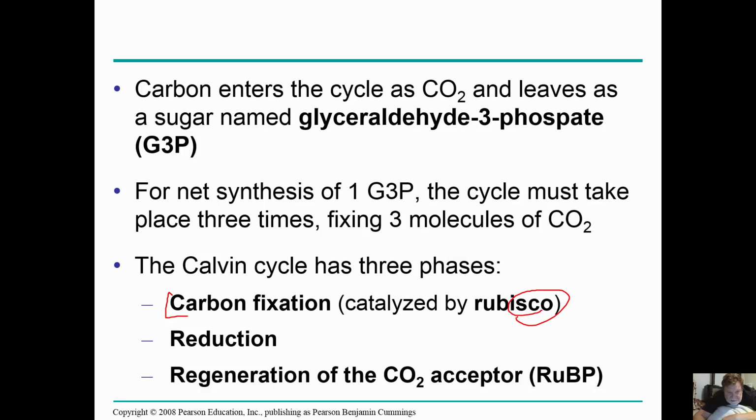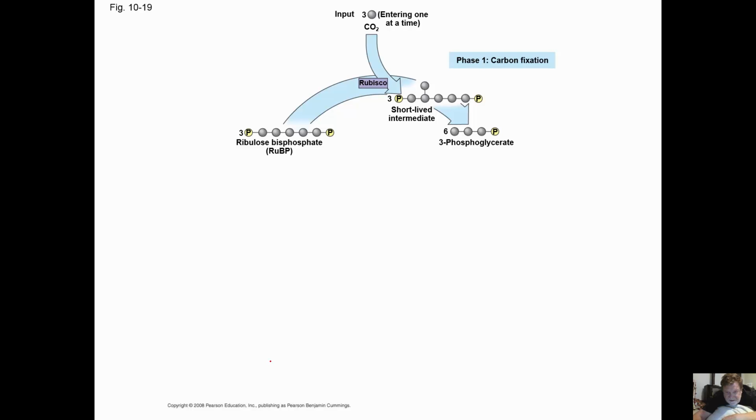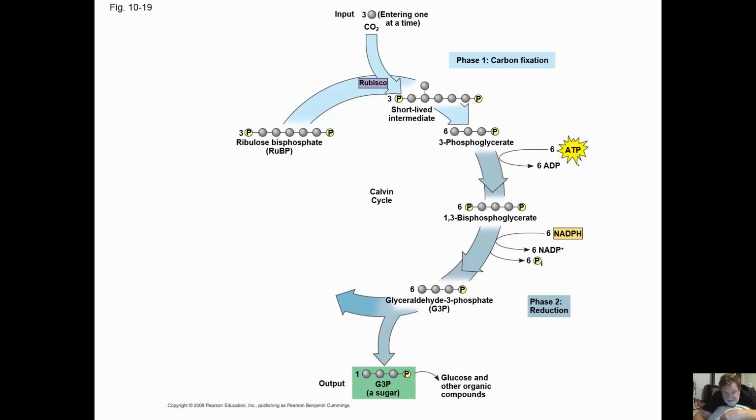molecules of carbon dioxide. The Calvin cycle has 3 phases: carbon fixation, which is catalyzed by an enzyme called rubisco, reduction, and regeneration of the carbon dioxide acceptor, ribulose bisphosphate. And so here's the ribulose bisphosphate and rubisco. So we input 3 at a time. So we have 3 of these over here. We have the short-lived intermediate. This produces